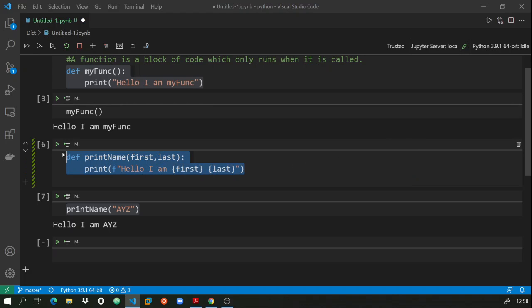Now let me redefine this function, and now we can pass two values to this function, first and, separated, a second, or you can say last. Now if I run this, you'll see hello I am first last. So this is how we can pass multiple arguments to a particular function.